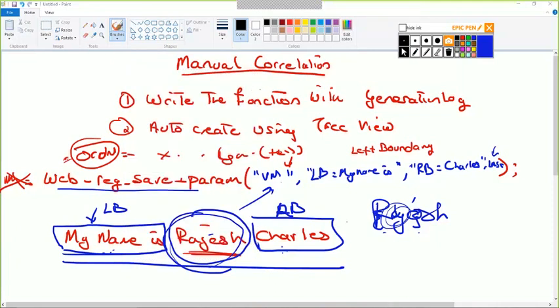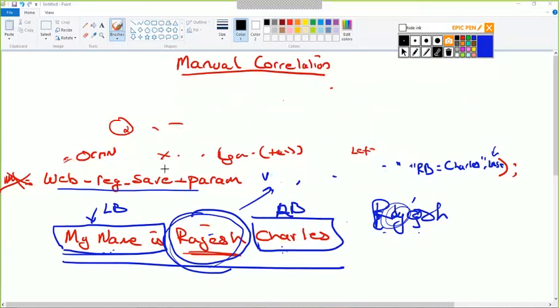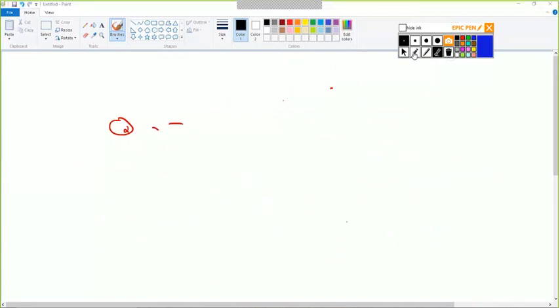Now, this is how the function call is made. Now we're going to see how this is being done in manual testing, right? Even when you auto correlate, this is the same function call. It's going to automatically do that for you. So in manual testing,